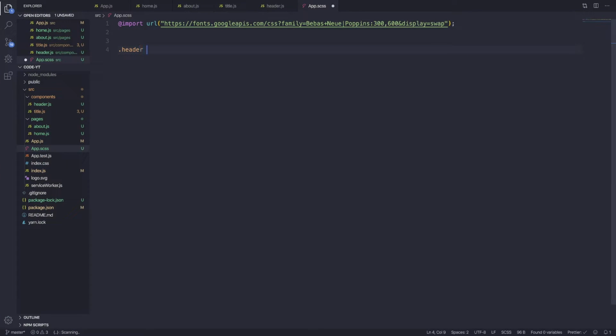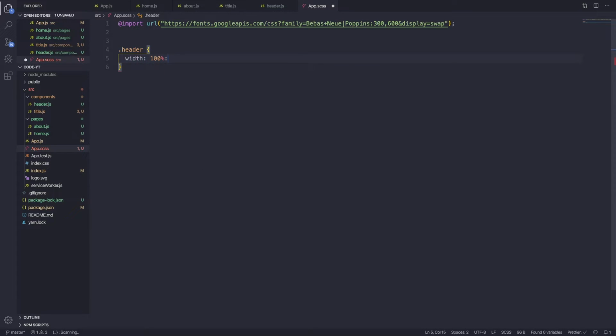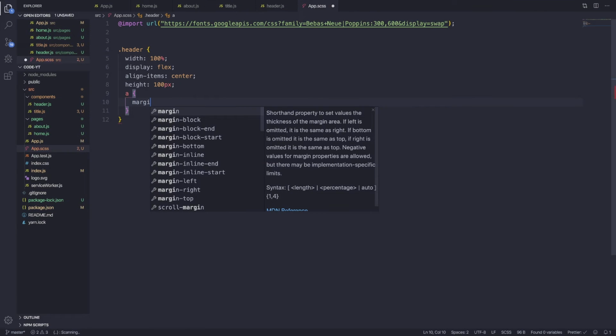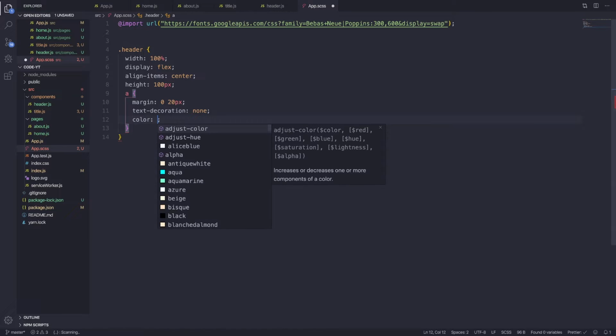Let's go ahead and target the header class. The header is going to be a width of 100%. We are using Flexbox, so go ahead and write display flex. Align items is going to be set to center, and the height is 100 pixels. Inside our header, we have A tags, which is our nav links. The margin between each one is going to have a 20 pixel margin left and right. The text decoration, we're setting that to none. The color, we're setting that to